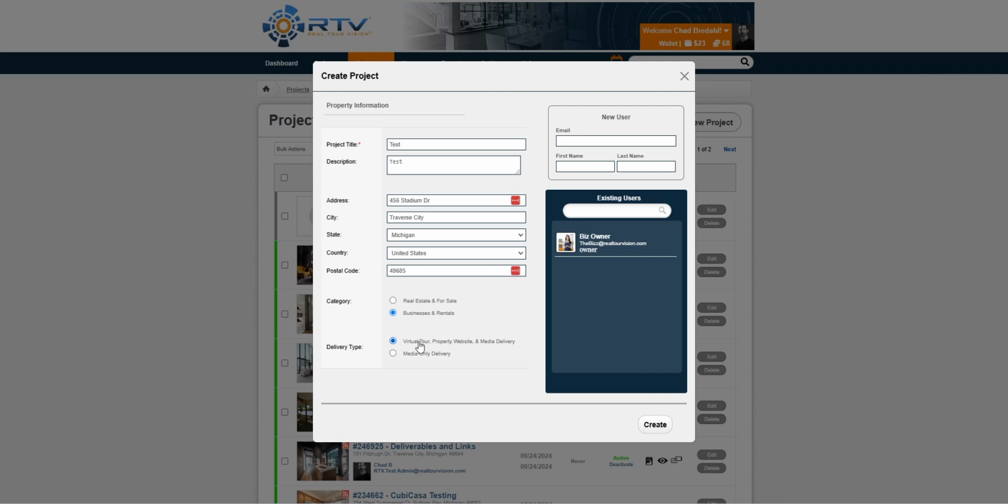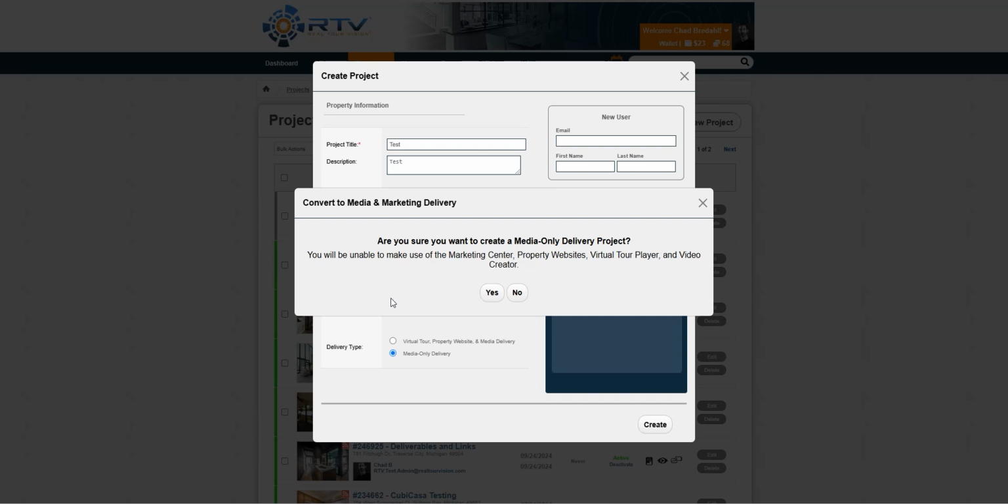Now to continue down, you also have the delivery type. So this top one here will require a full project credit, but you will get the virtual tour, property website, and the media delivery, whereas the media only delivery will just give you the ability to deliver your stills, whether they be panos or videos, to your client,